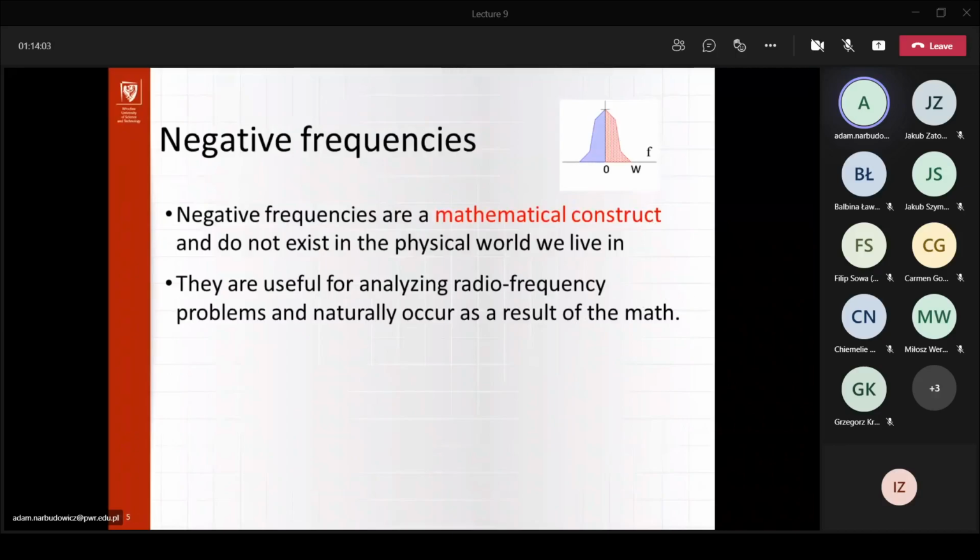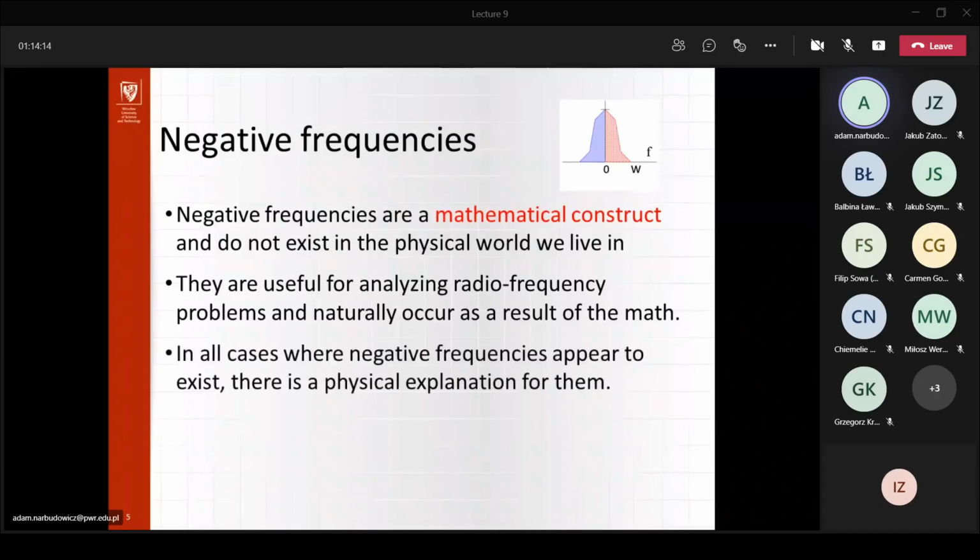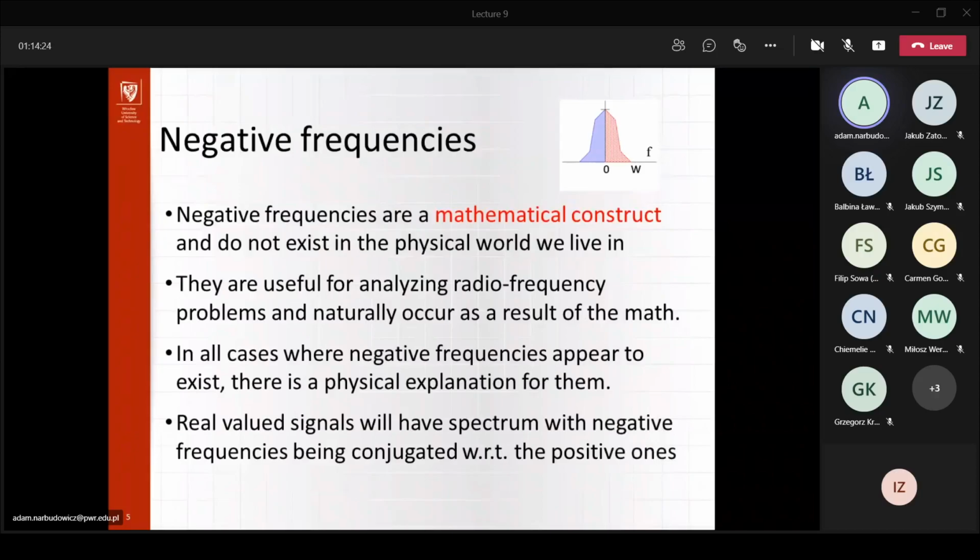we are using. So there's this distinction here that they are not really physical, but they are a consequence of the math equation that we're using. And basically there's always some physical explanation for using them. And that is that